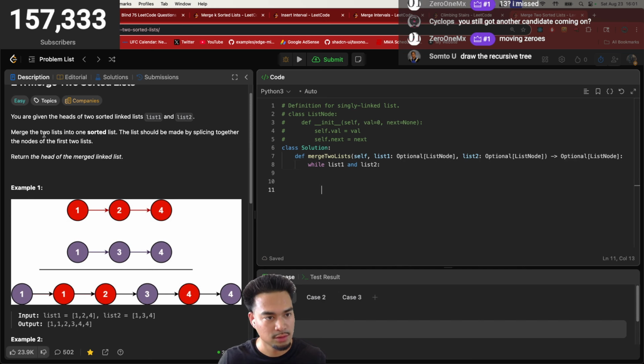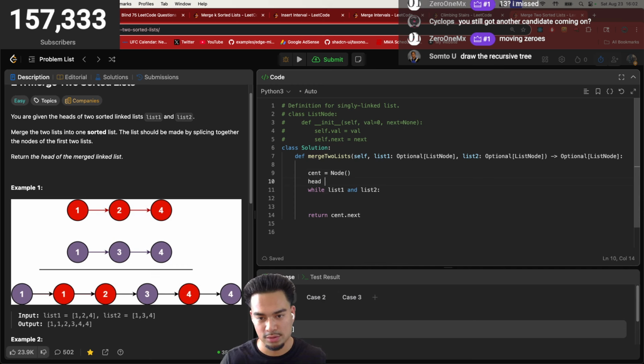Return the head of the merged linked list into one sorted list. So we have our sentinel equals node, just like a random node, and then next